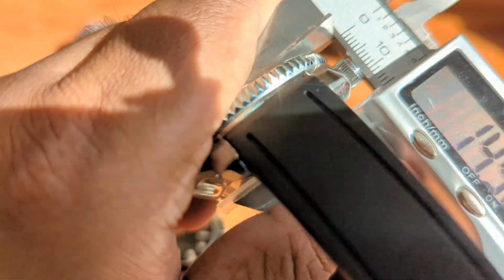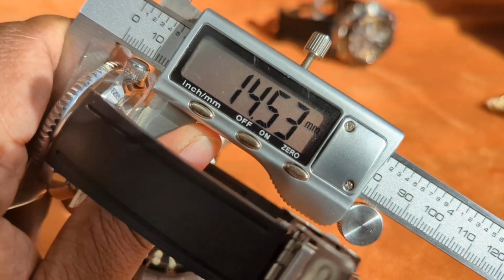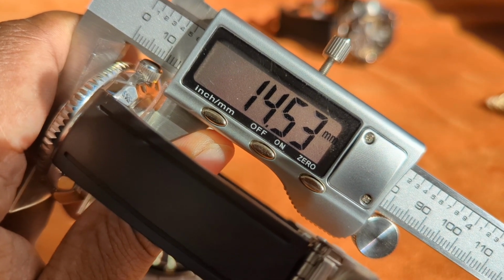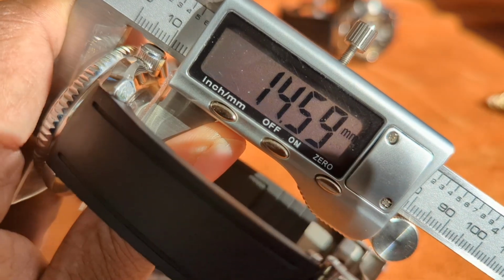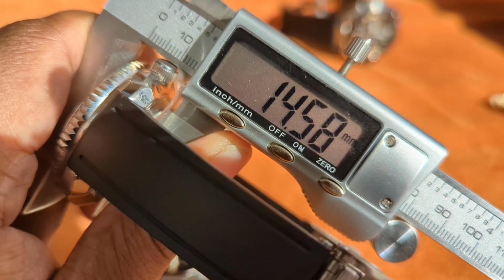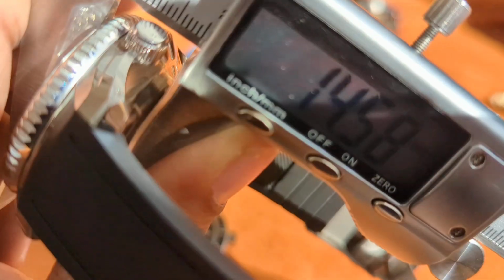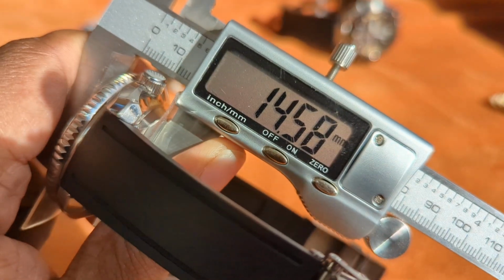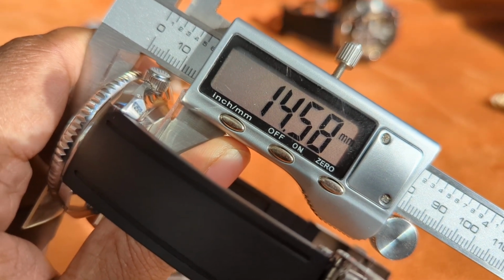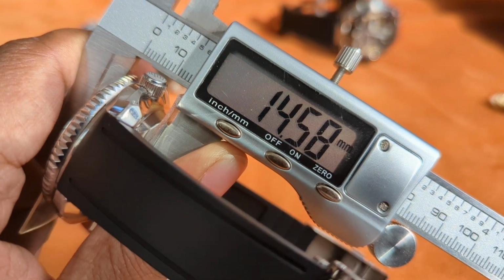And the funny thing is, it's about the same. But no way on earth does that... Wow, this is shocking. I can't believe it. No way on earth does this Marine Master feel or wear the same as the Black Bay. I cannot honestly tell you that it's that thick. I think there must be something wrong. I don't know, but Tudor have done one hell of a job in disguising the thickness of the Black Bay Pro,